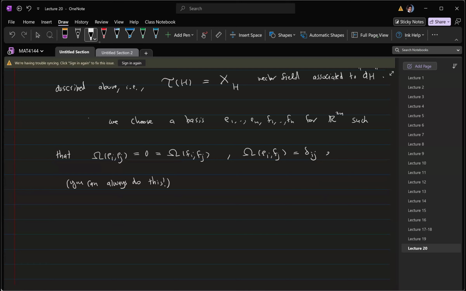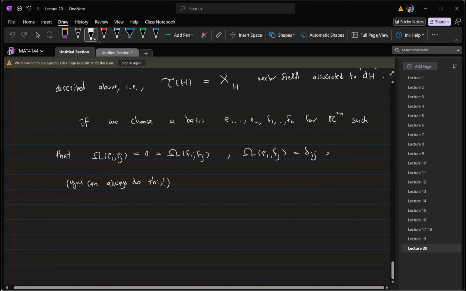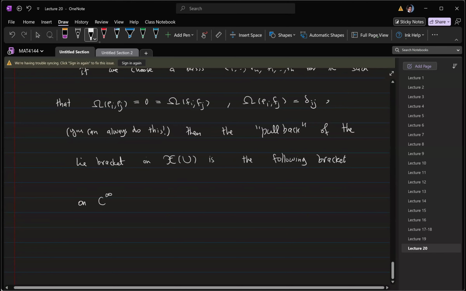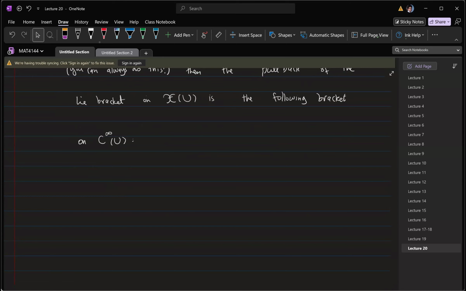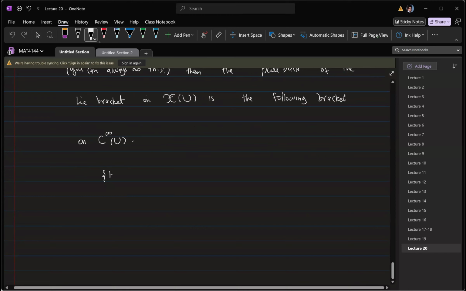Right. So now, if we choose such a basis, then the pullback of the Lie bracket on the vector fields is the following bracket on the space of functions on U. I write this now as a curly bracket, and I'll tell you why later on. So for H and K in C infinity of U,